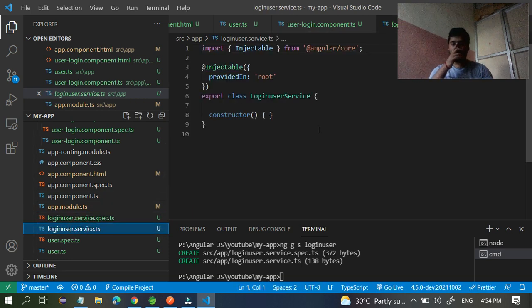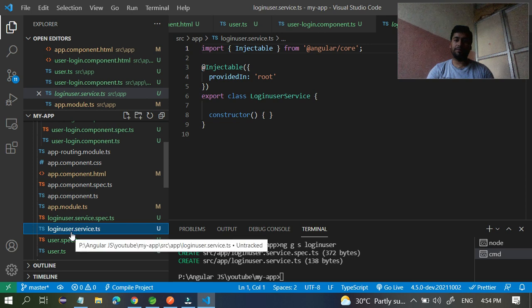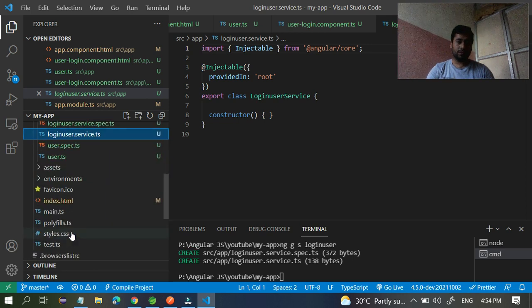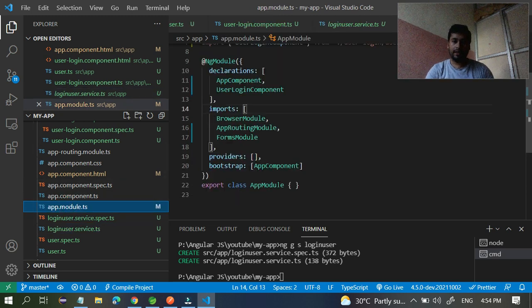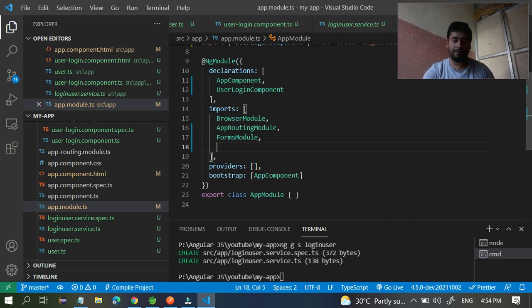Here you want one more thing. You want HTTP client modules. So first of all you have to import it. So go to your app.modules.ts, and here you have to import